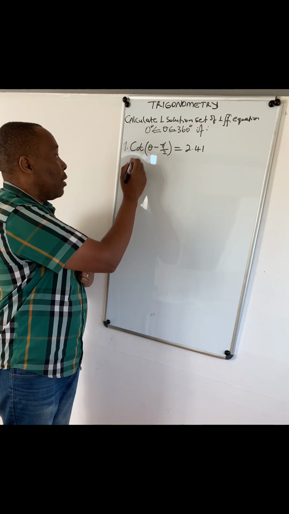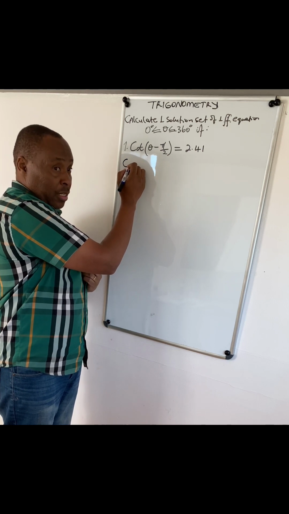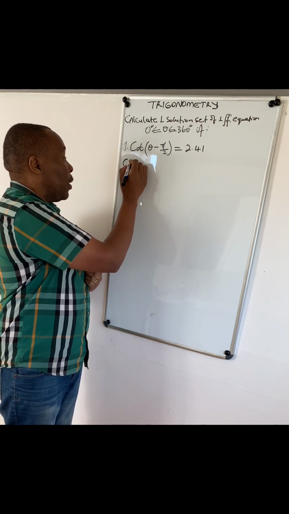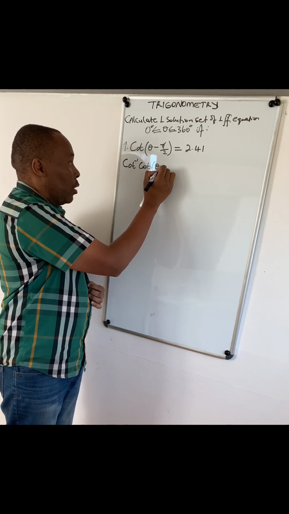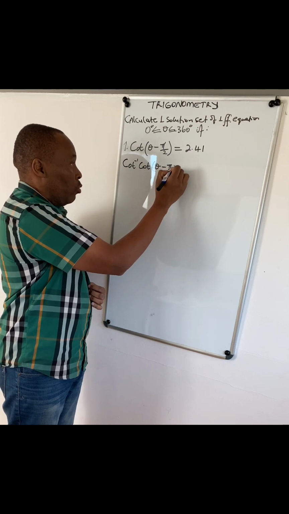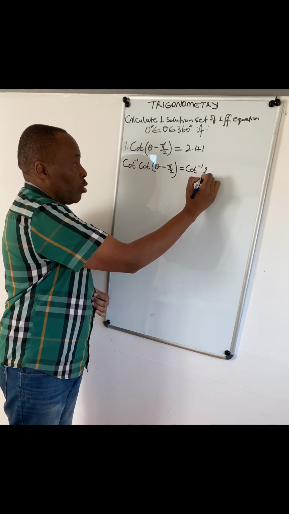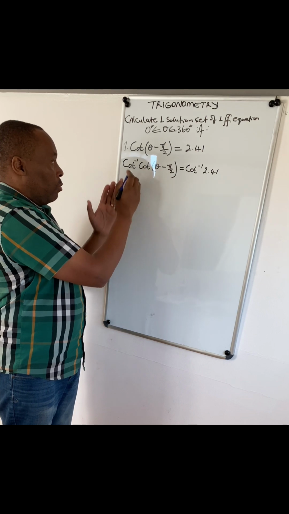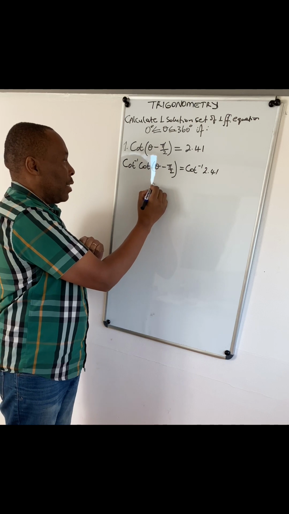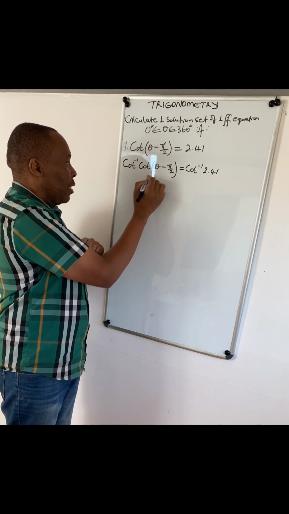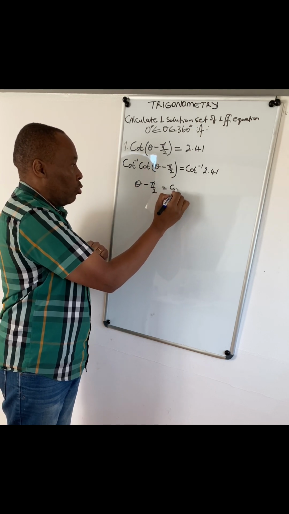We first need to get rid of this cot by introducing an inverse function, which is arc cot. So cot of (theta minus pi over 2) is equal to arc cot of 2.41. What we do on the left, we must also do on the right, and this will cancel and we will be left with just theta minus pi over 2 is equal to arc cot of